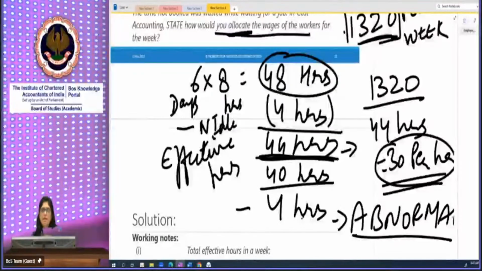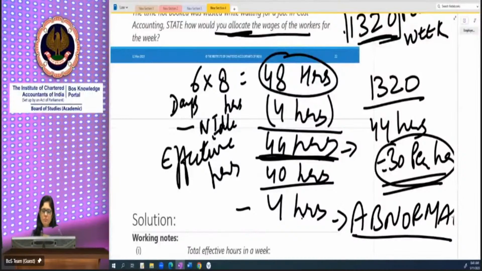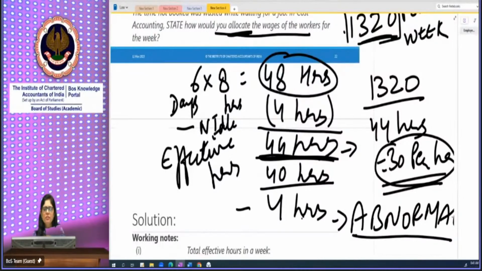But this week it happened to be 40 hours. So 4 additional loss hours are the abnormal idle time. It will not be part of the production cost. It will not be part of calculating cost per hour. Clear? It will not be included, but the cost will be taken to costing profit or loss account. Clear? So total hours are 48 hours, normal idle time are 4 hours, so effective hours are 44